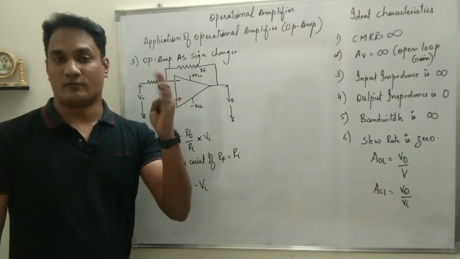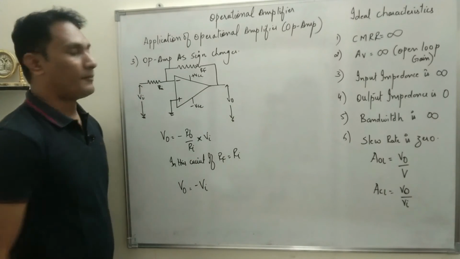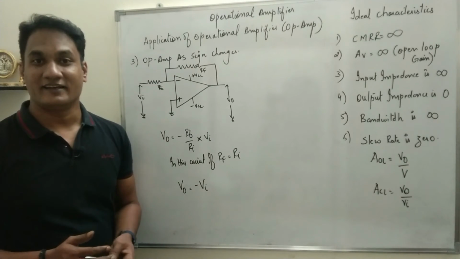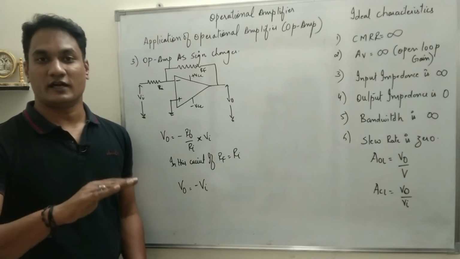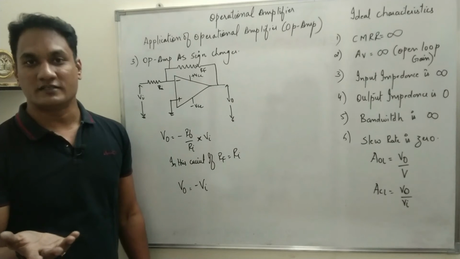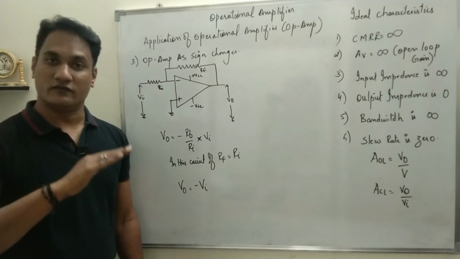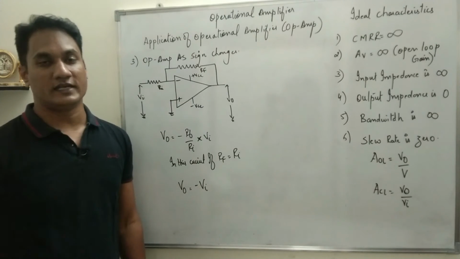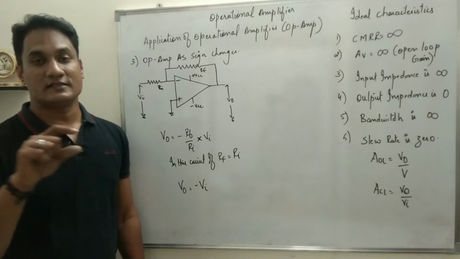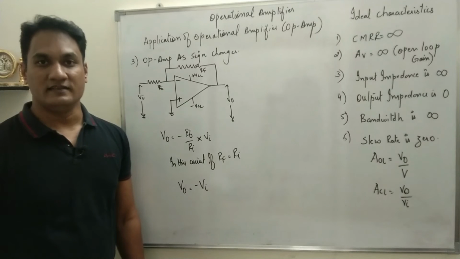The sign changes from positive to negative or negative to positive, and that is why we say op amp as sign changer. If you remember, it's nothing but a NOT gate, right? When you give 0 at the input, you get 1 at the output. When you give 1 at the input, you get 0. So it complements the value. Here it complements the sign. If you give a positive value, the same amplitude you will get at the output with a negative sign, and if you give negative values, you will get the same amplitude but with the positive sign. So that is op amp as sign changer.